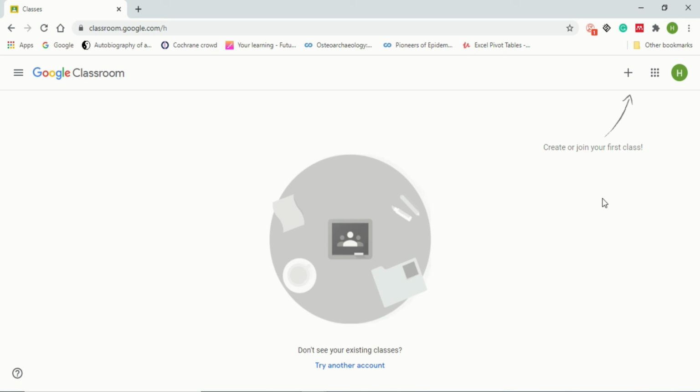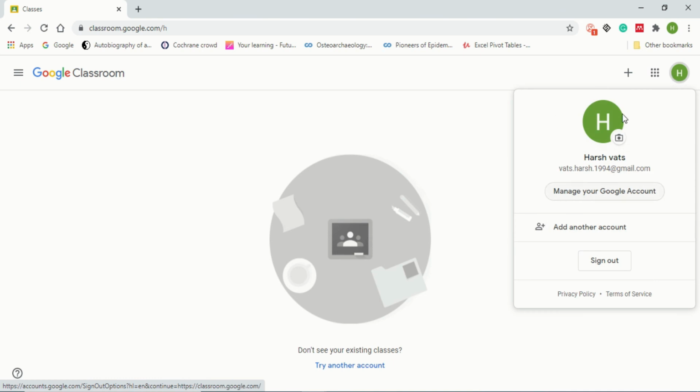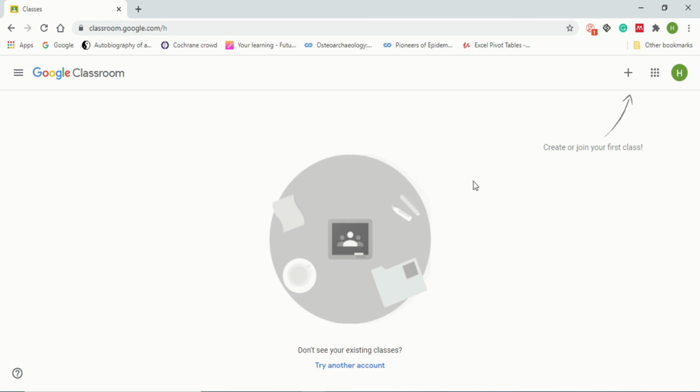Whenever you log in, you will see a page looking like this, which is Google Classroom. You can see here that my email ID is a Gmail email ID. You can also use G Suite, which costs some money. That is just for professionals, although you can also start from a free edition, which is completely free for you, and it has almost every function you can use to manage your classroom. Now, I will tell you how to use it.